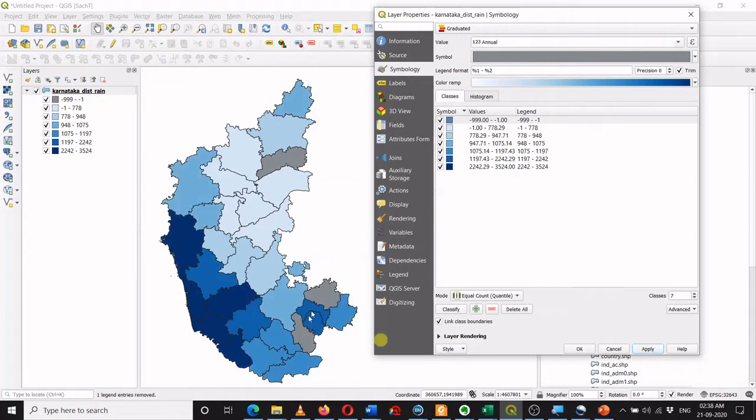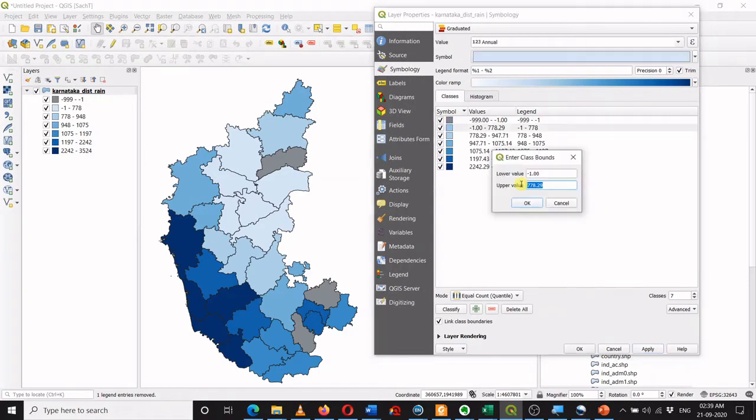Then the rest I can manage. For example, this is 778, but we have already discussed these classes should be meaningful, so I can set it as 800.